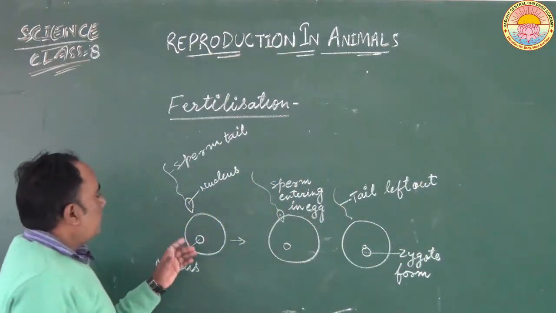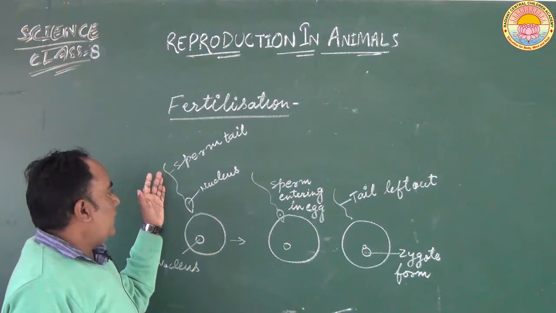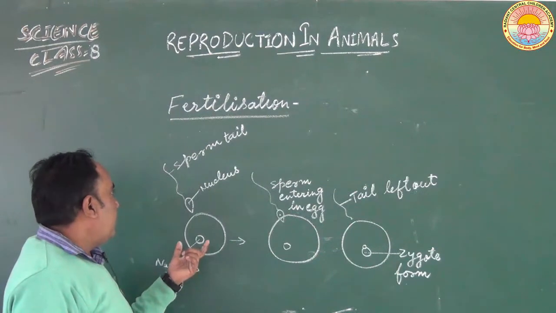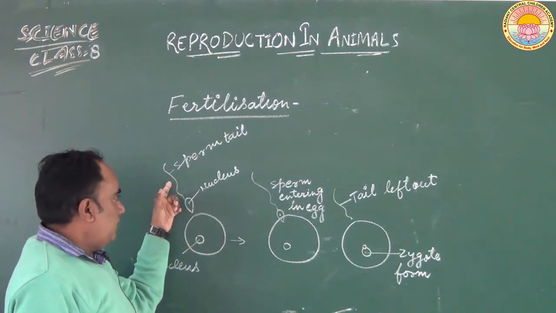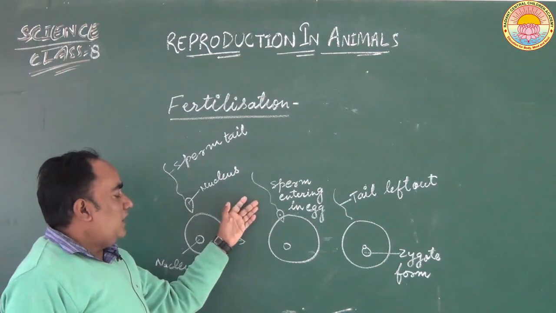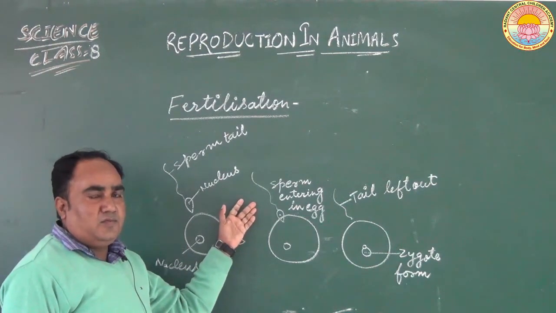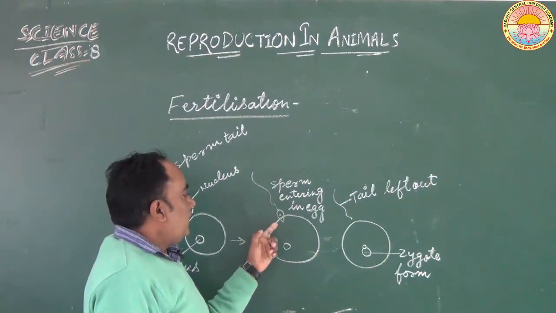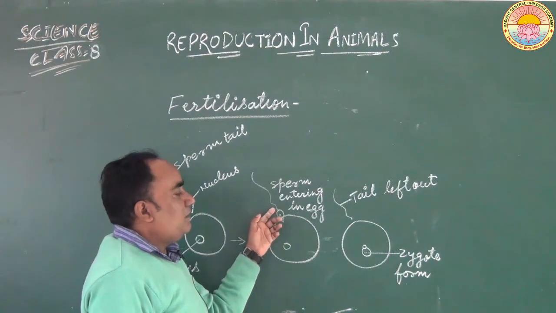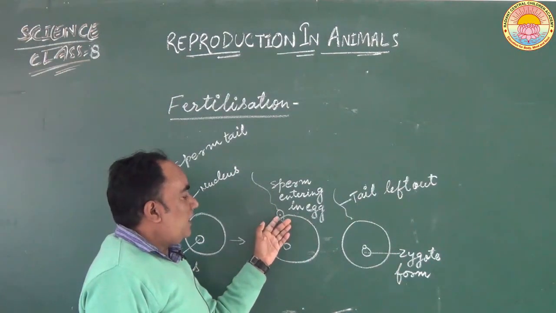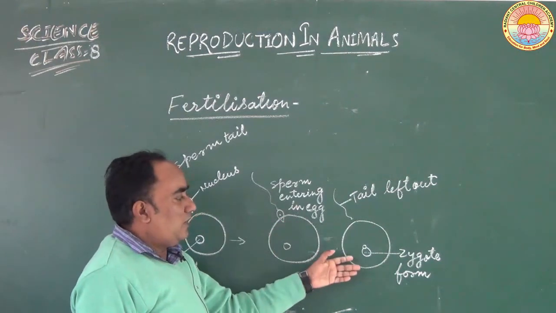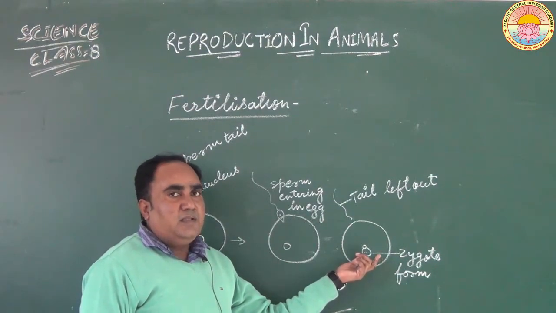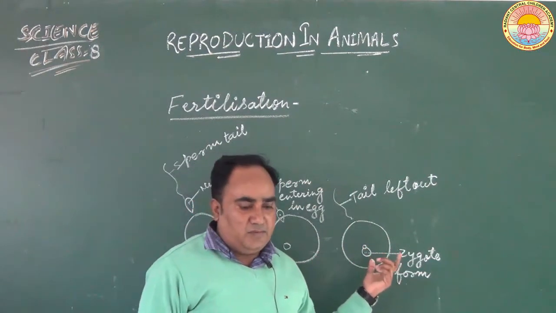So students, you see that in the process of fertilization, the male gamete sperm reaches the female gamete ova, and the tail helps in the movement of the sperm. Millions of sperm reach the ova, but only one sperm fertilizes it. It enters the ova and the tail remains outside. Only the head part enters the ova, and after fertilization the zygote is formed as they fuse together.